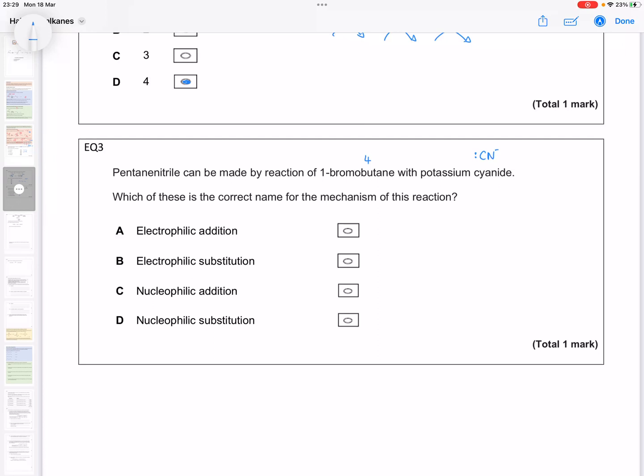So let's have a look, what's the correct name? We've got electrophilic ones, and then we've got 2 possible nucleophilic ones. Nucleophilic addition, no, we do that one in year 13 though. Nucleophilic substitution is correct, because the product, so we've got the product,